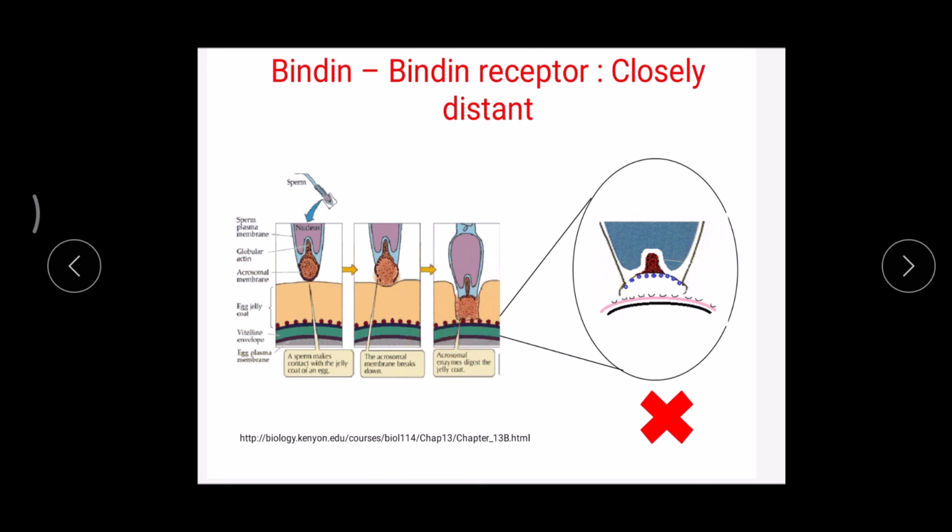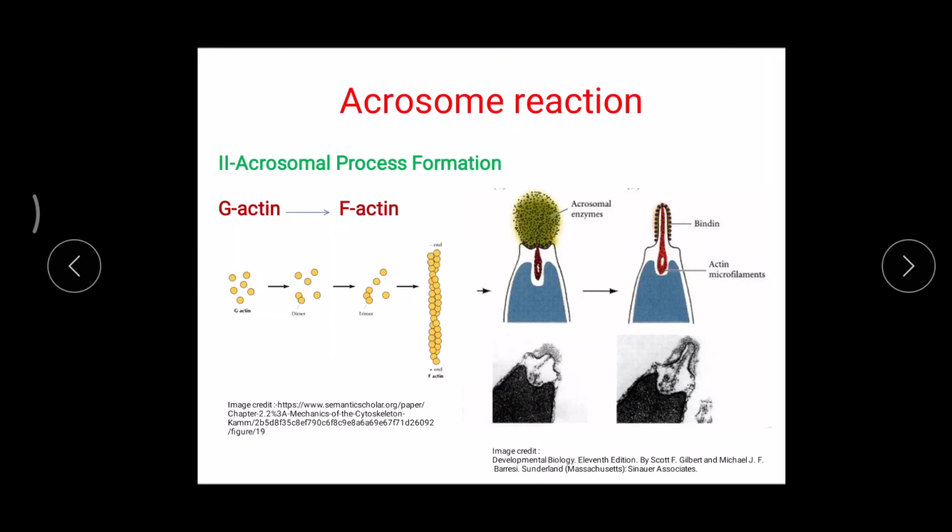bindin receptor. But in this enlarged view, we can see that though it comes to the bindin receptors, the bindin proteins are located here in this notch-like structure, in this concavity, and due to that, though they are closer, they cannot meet each other. So it means this bindin cannot touch the bindin receptor. So what next? Here a very beautiful mechanism is there: just below these bindin receptors